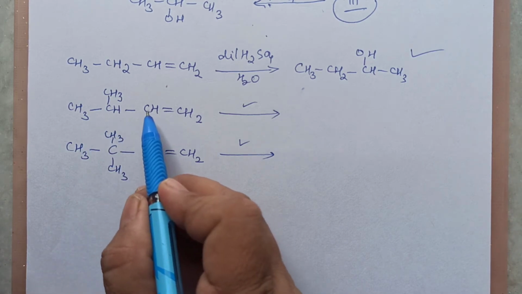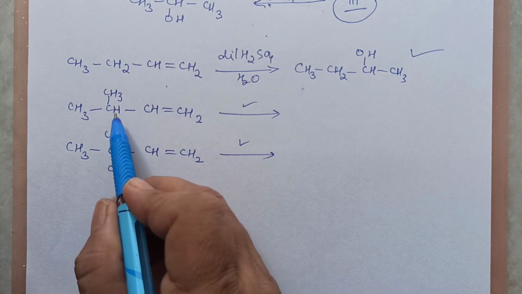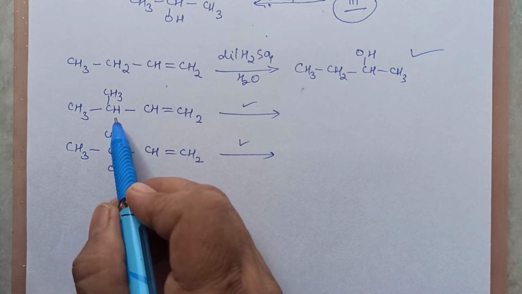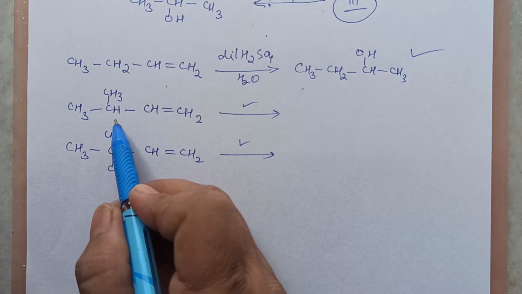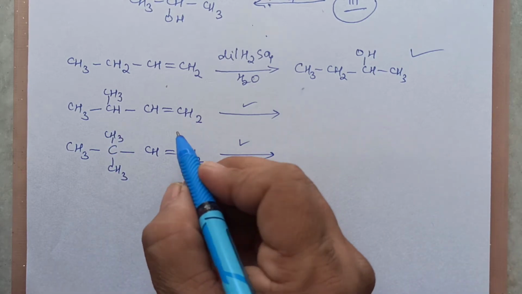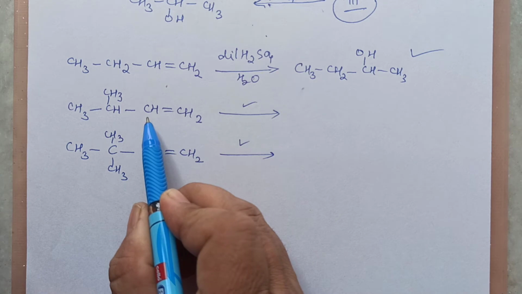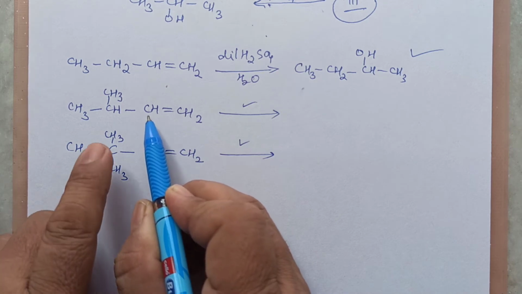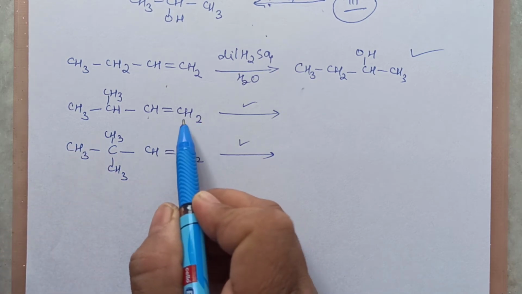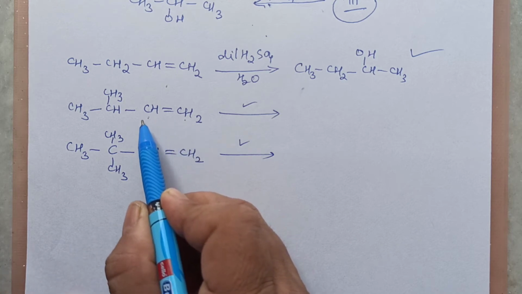Now what about this? You have a carbon-carbon double bond. On the adjacent carbon there is hydrogen also present. These types of questions I have also discussed in haloalkanes and haloarenes. So in the first step, as in the mechanism we have discussed, children, H plus will attack. H plus can attack here; if it attacks here, you will get 1 degree carbocation. If it attacks here, you will get 2 degree, so you will get a positive charge here.